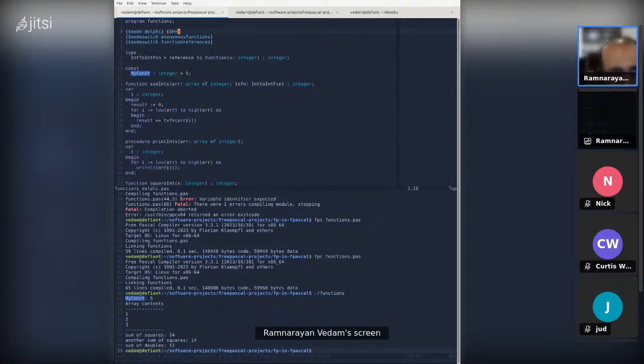The two things to know about though is if you are using version 3.3.1, I had to compile the Freepascal version of this because it's still in development. From my understanding, it has not yet been released. So this is fresh off the presses, so to speak. To turn on anonymous function support and function references support, you have to put these things called mode switches. These are kind of like feature flags for the compiler, basically. So you're saying turn this feature on for anonymous functions support and function references.